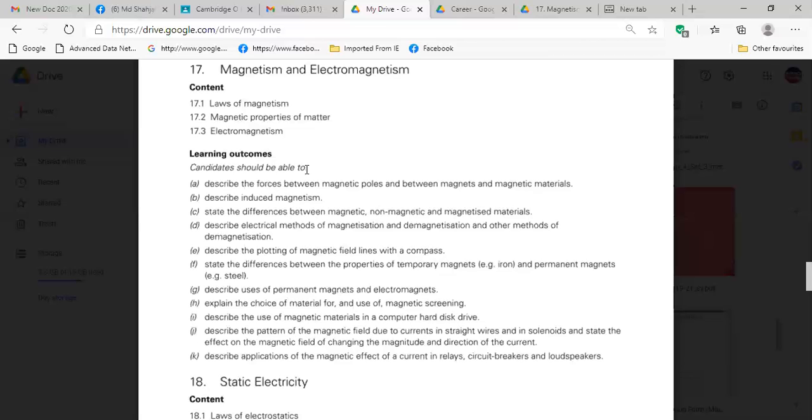You write the heading induced magnetism. Now write the description: when we bring one magnetic material closer to a magnet, then it behaves like a magnet.